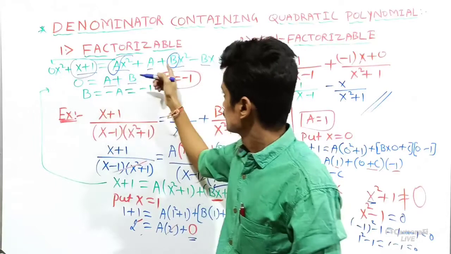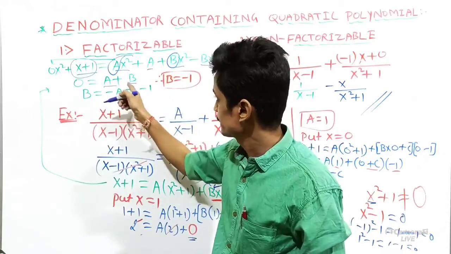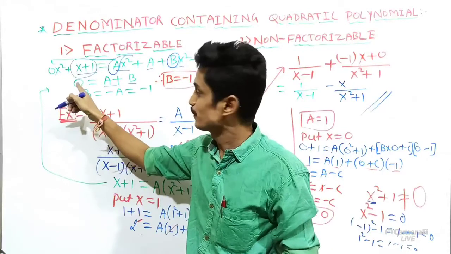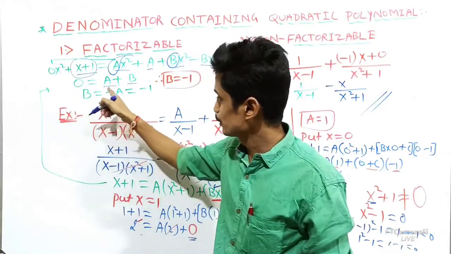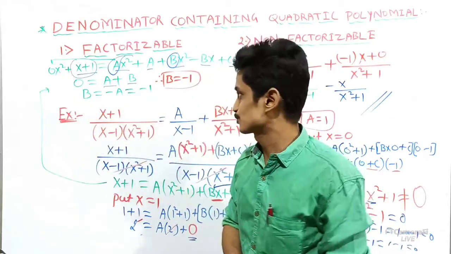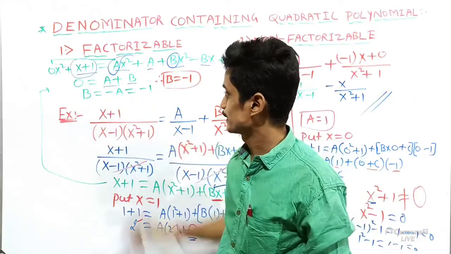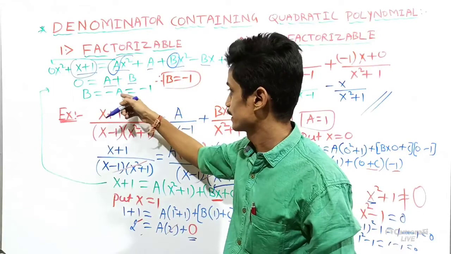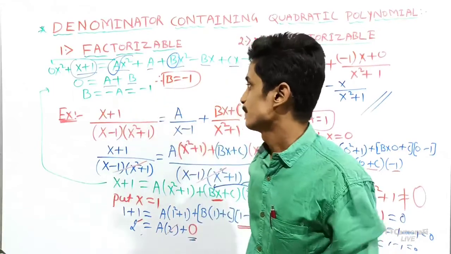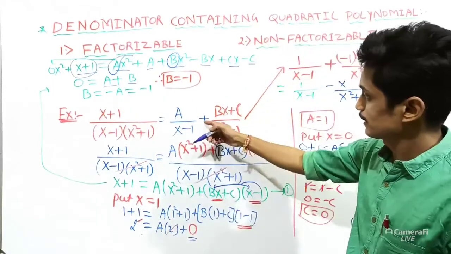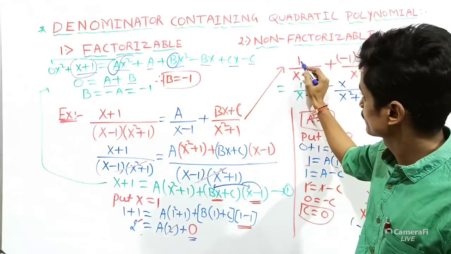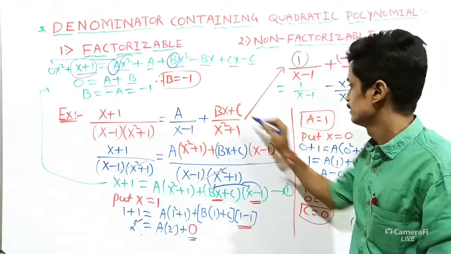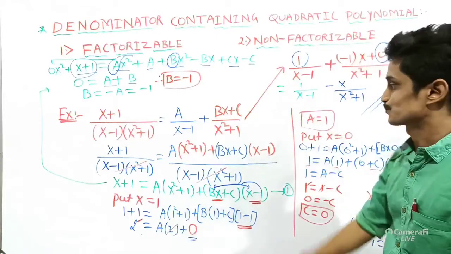Now compare it. Here the x square coefficient is a and b, a plus b. This side the x square coefficient is 0. Finally I got 0 is equal to a plus b. So b is equal to minus a. What is your value of a? That is 1. I replace it, then I got minus 1. After that I will go to the RHS part. I wrote a value is 1, plus b value is minus 1, as well as c value is 0.